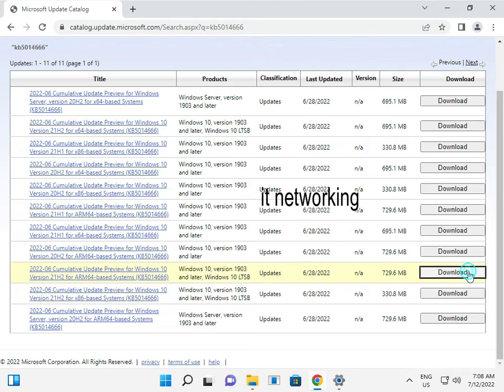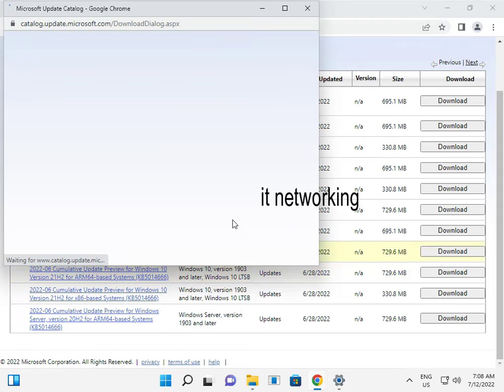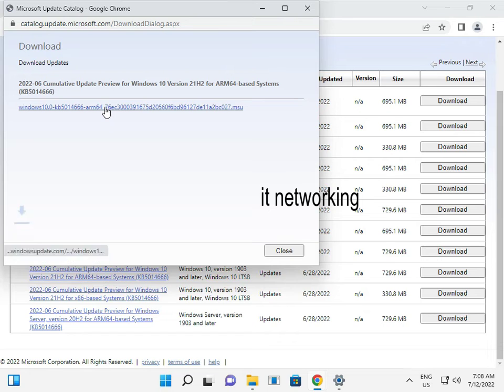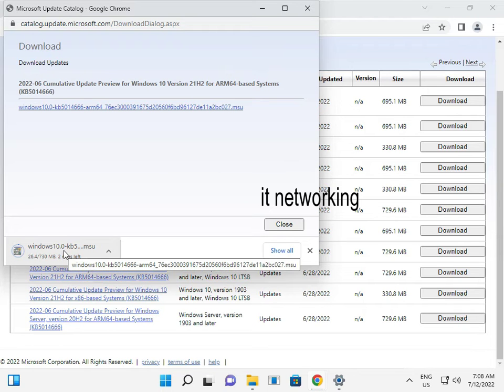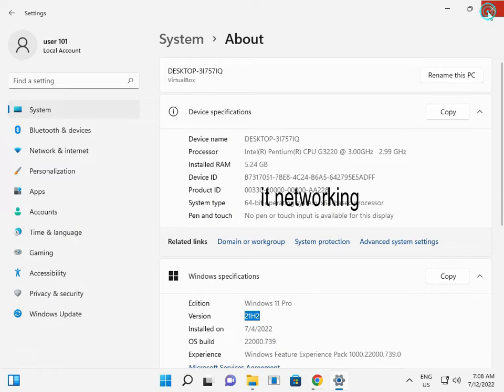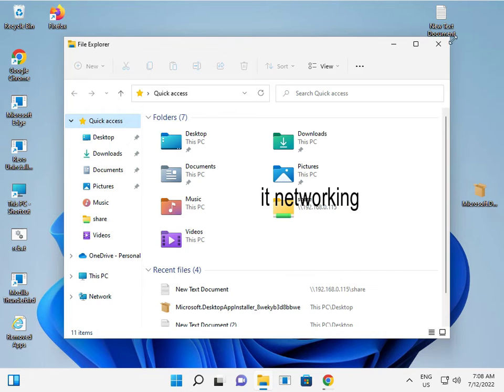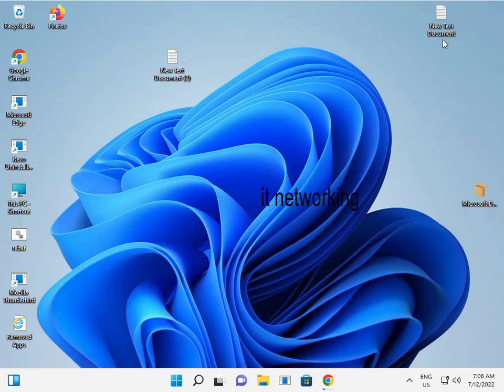So click to download, and then click again on this link. So now this is downloading. Okay, and then close. So the new update is actually downloading. When you install this update it fixes all issues. One more thing, open C drive and you want to